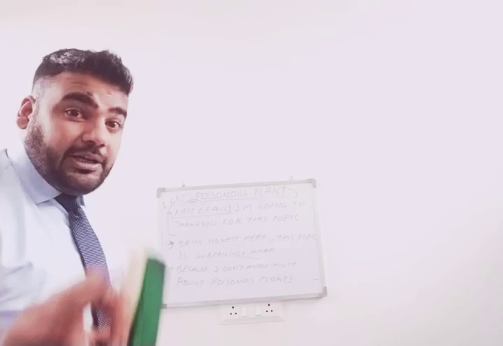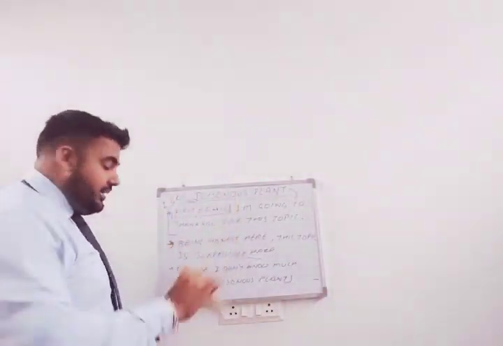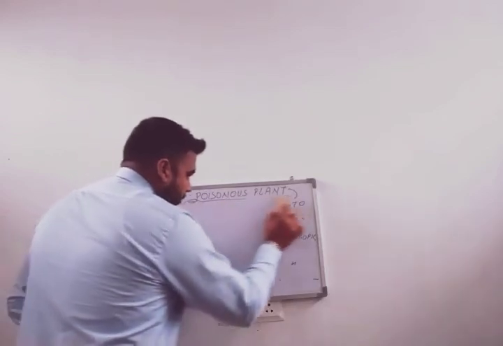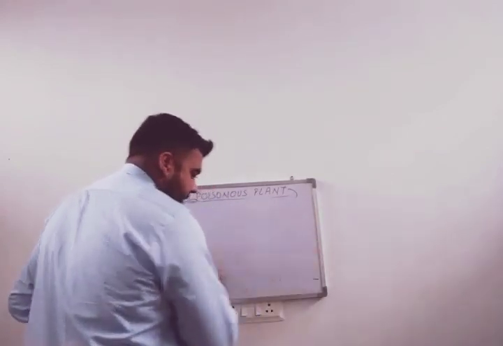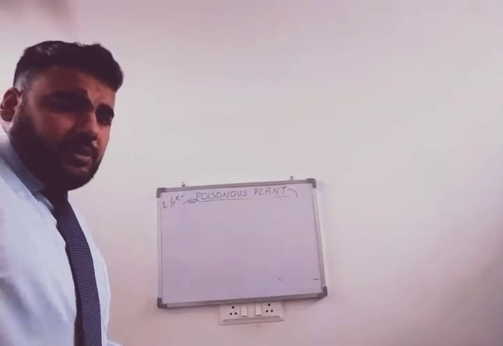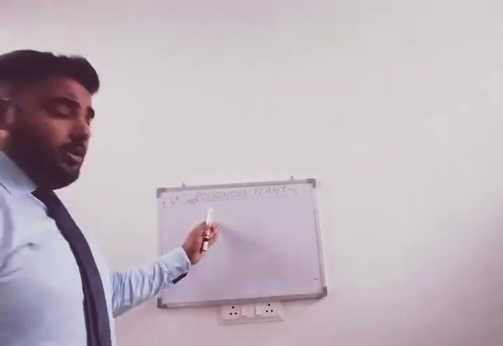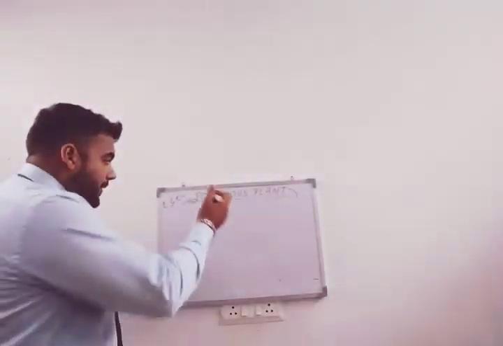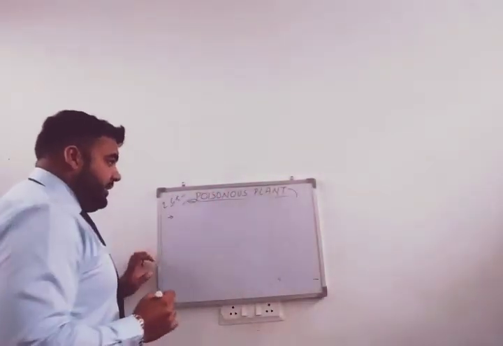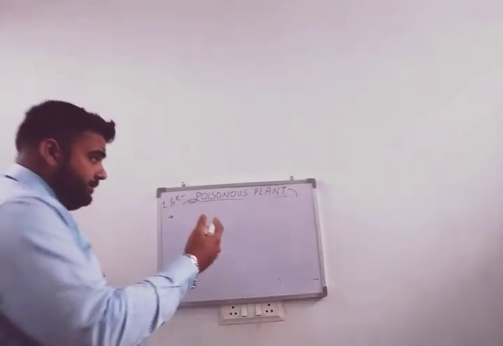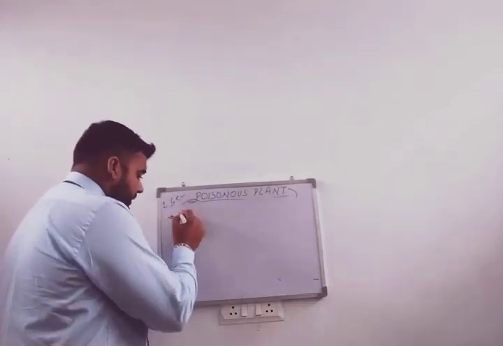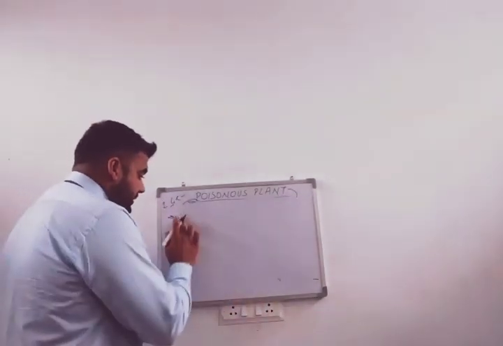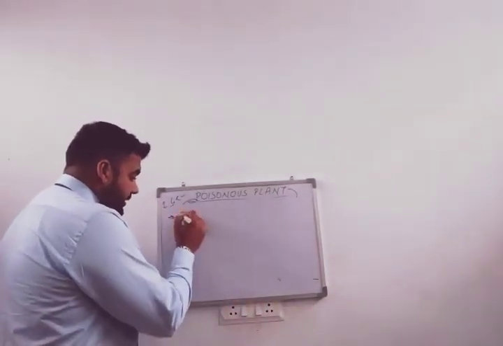Now, you're going to tell him the real life example. How are you going to tell him that this is your real life example? Now, you're going to move on to your actual cue card. The first two things are the feeling about the cue card. You told the examiner how you feel about this particular topic. Now goes your introduction. In the introduction, you're going to say, you told that I don't know much about poisonous plants. Then you can say that if I remember right,